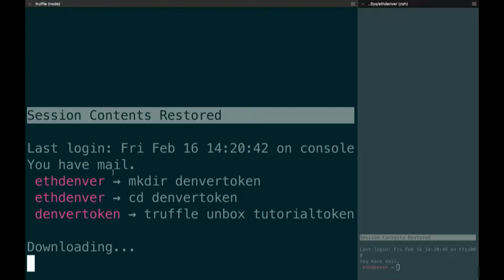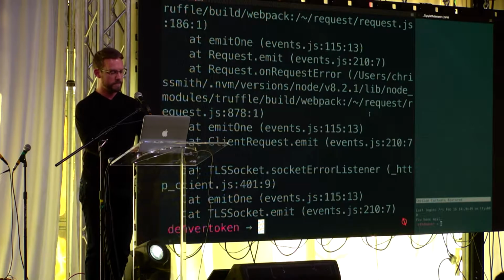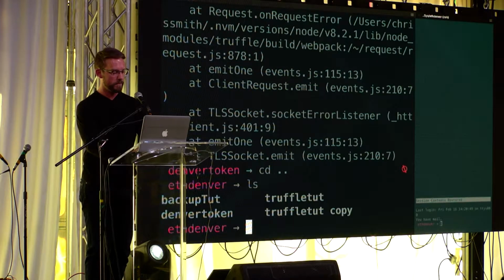While that's downloading, as I said, there are ones for React. There are ones for using React and Redux. Truffle also makes several other tools. The Truffle team makes Ganache, which is a local test blockchain that you can deploy to. I'll show you that a little bit later. And also a new tool that they made called Drizzle, which I don't have any experience with myself, but it handles state updates with React and Redux interacting with the blockchain. So it basically listens to that for you. And as expected, we don't have internet, so